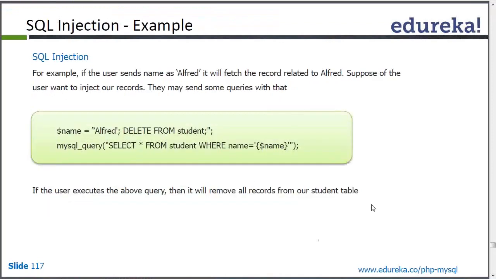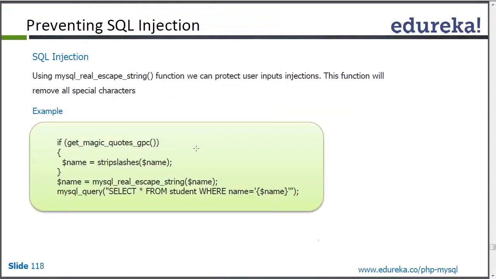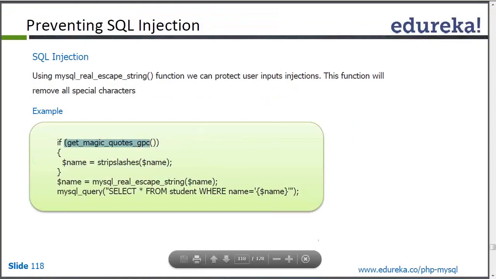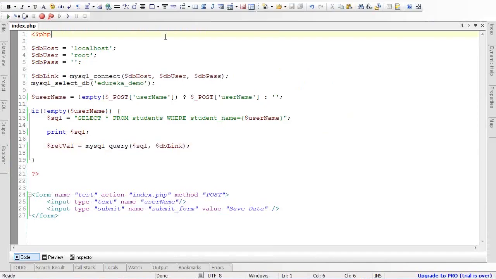So how to avoid it? Are you people aware of SQL injection? Okay, Vasif, are you aware of it? Okay, how to avoid this SQL injection? What we can do is, we have a setting in PHP called magic quotes GPC. Magic quotes GPC simply means if we have a string like this,